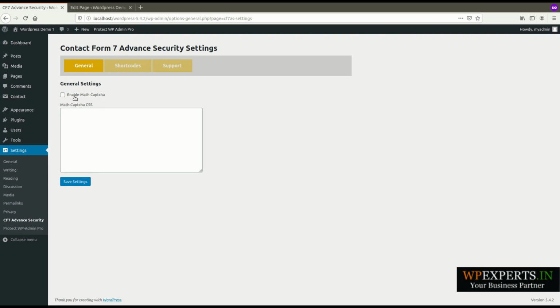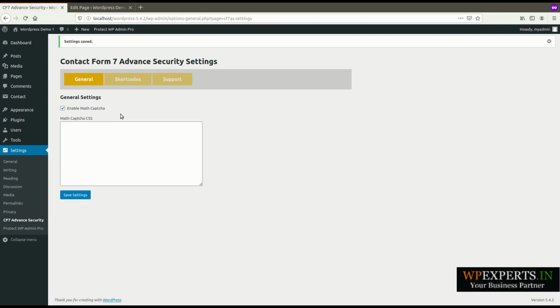Here you can see the settings. We have given the option to enable math captcha. To start working with our plugin, you must check this box. When we enable the math captcha, you are able to add the captcha on your Contact Form 7.